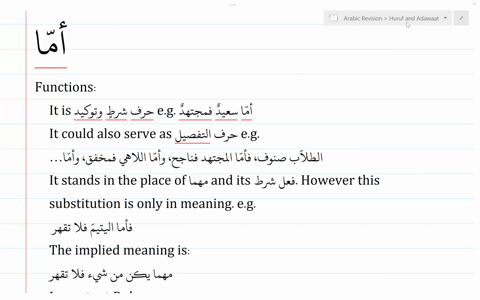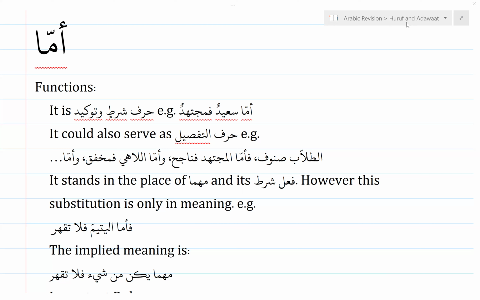We know what amma means. Amma means as for. Now amma has one main function, and that is حرف شرط وتوكيد. That is the function of amma. If you're going to do the i'rab of amma anywhere, you would say amma حرف شرط وتوكيد. That's how you're going to describe amma. Just like when you see إذا, or إن شرطية, or من شرطية or ما شرطية, مهما, all these أدوات الشرط, you would say حرف شرط, or اسم شرط if it's an اسم, right? So you would describe it like that.